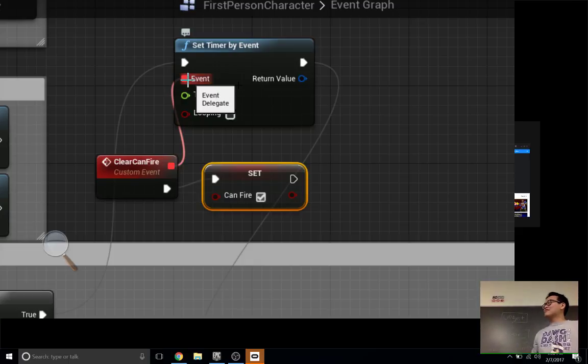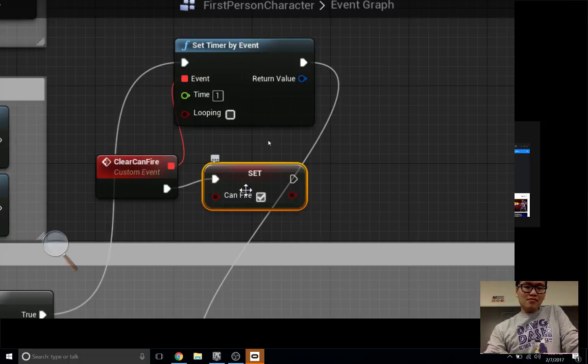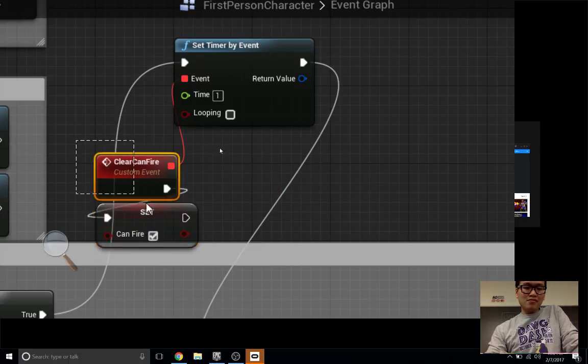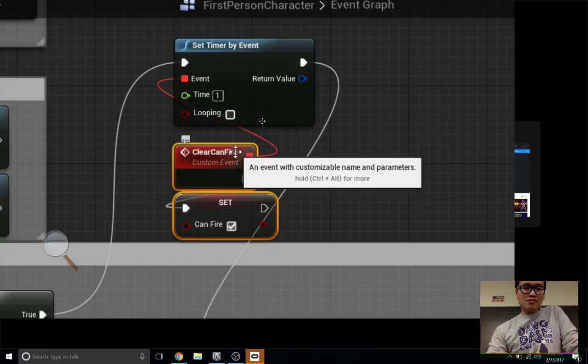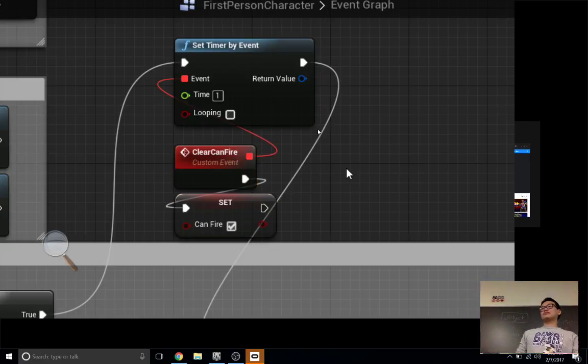Events versus functions in general is a little bit advanced, but events can be replicated, so events can process over the network. If you've heard of XML RPC or any kind of way of doing this, events give you a way for one computer to tell another computer to do the same thing at the same time. Functions can't be replicated, which means the actions can't be processed across all members of a network game, but events can.